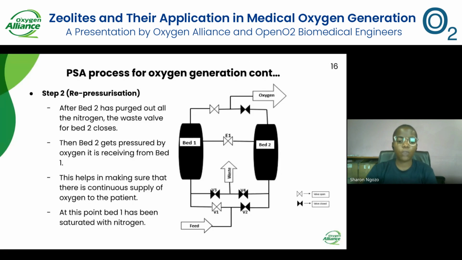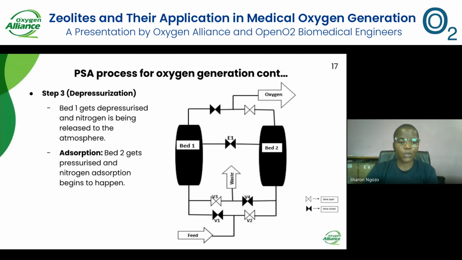So as V4 gets closed, it means that if oxygen is coming from bed 1 into bed 2, this oxygen is not going out of the bed. Instead, it's being accumulated, meaning that now we have started building pressure again in bed 2. But take note that at this point, bed 1 is still going through adsorption, and zeolite in bed 1 is being saturated with nitrogen. So as we're still proceeding with the repressurization, the following seconds, bed 1 now has to